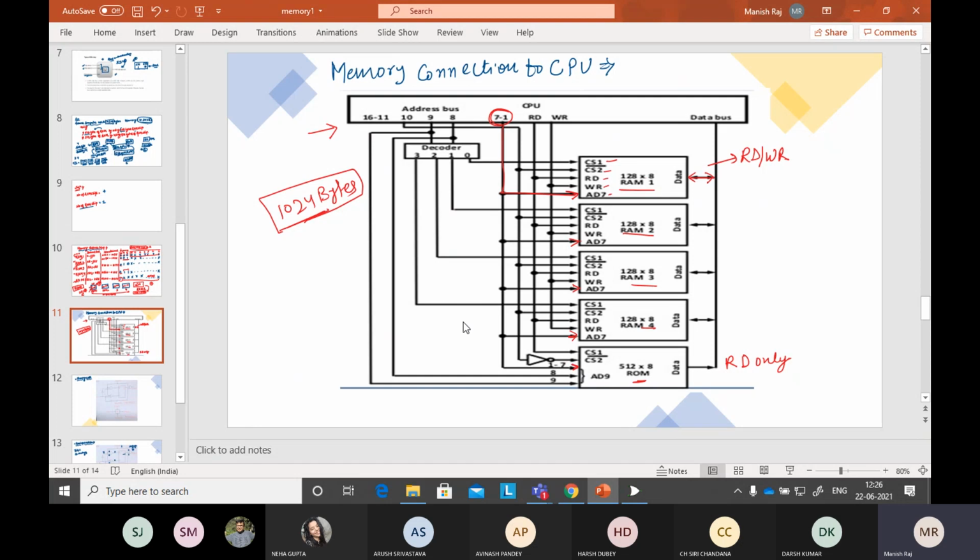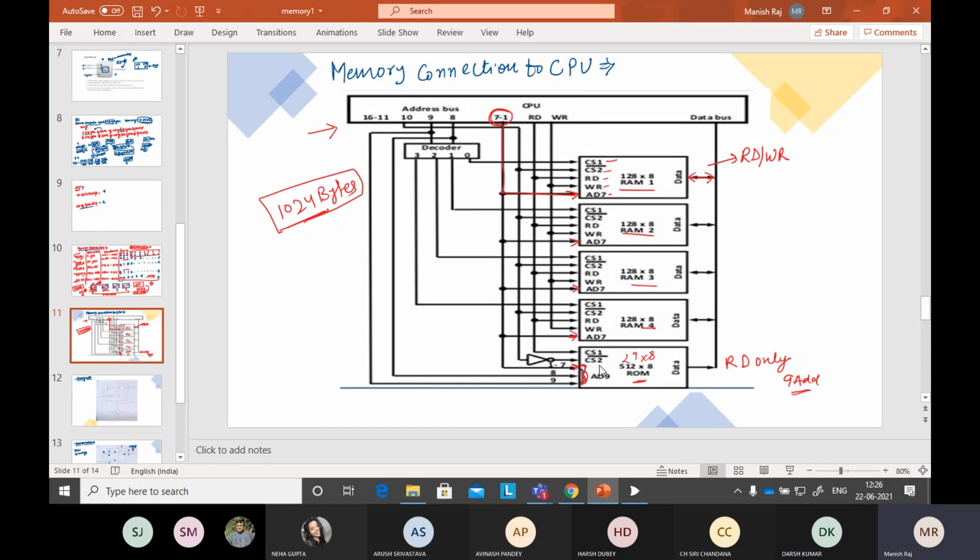There are 2 more bits needed, that is the 8th and 9th bit, because there are 9 address buses here in the ROM. So 8 and 9 are also here. These are AD9, which means all 9 bits are here for the addresses. Is it okay? Did you understand why 9 bits are used here? Because the size of the data is 2 to the power 9 into 8, so 9 address buses are used here. Here 7 buses are used, so we are taking 1 to 7 directly. So all the 7 bits come into the RAM and the 9 bits come into the ROM. Is it clear? Yes or no? Come on.